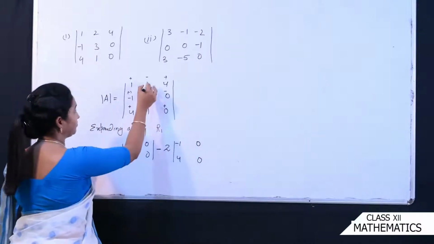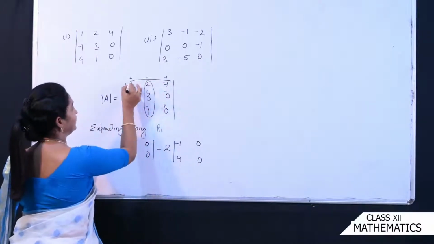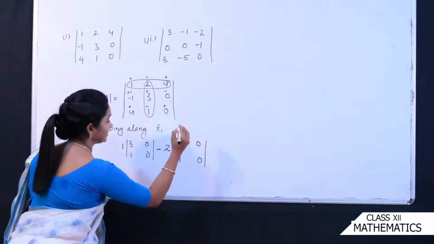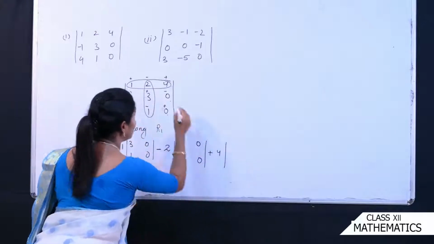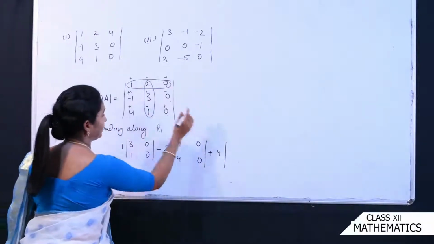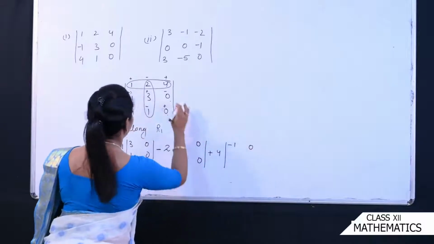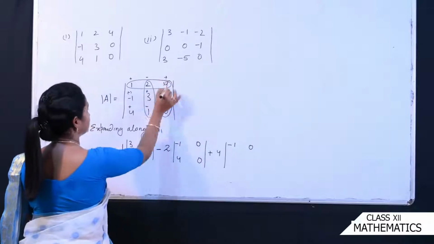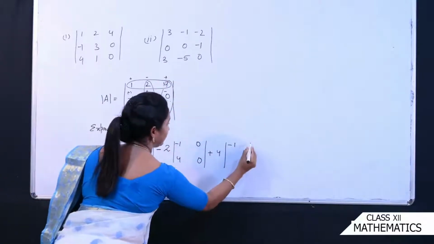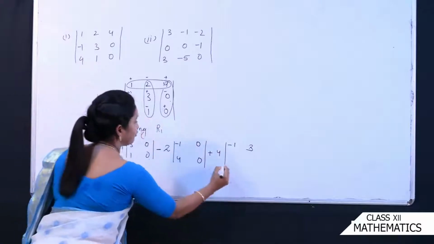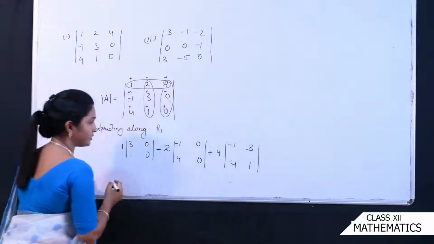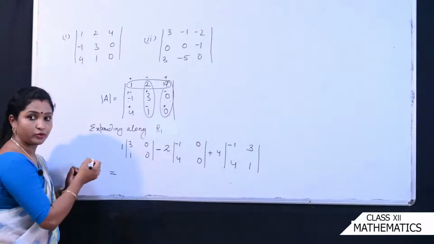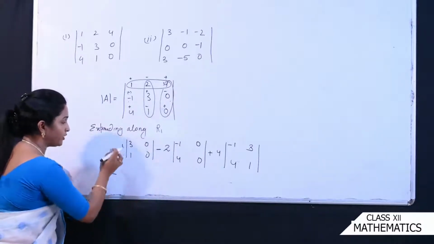-1 0 4 0। आपको ये ध्यान देना है, आपको ये और इसको डिलीट करना है, ठीक है। तो क्या बचे हैं, -1 0 4 0, ठीक है। अब व्हाट इज नेक्स्ट, +4 इंटू, देखिए यहाँ पे इसको और इसको डिलीट कर देंगे तो व्हाट विल बी गेटिंग, -1 0 एंड ये पूरा चला गया, ठीक है, दिस वन एंड दिस वन, सो इट इज -1 3, okay, and here it is 4 and 1, correct? Is that clear? Now see here, you know how to calculate this, you have to just cross multiply and put a minus sign, okay? It's a determinant of a 2 by 2 matrix, okay?